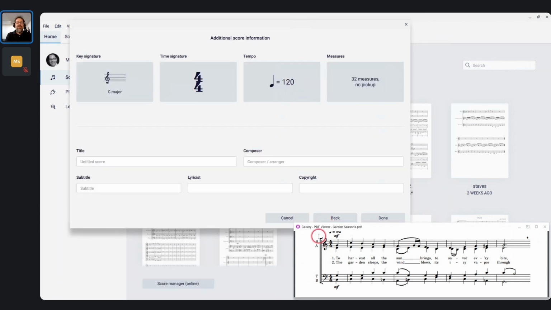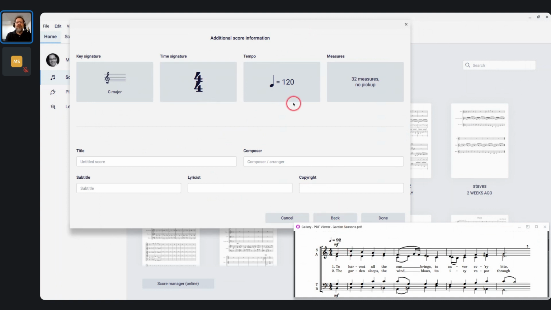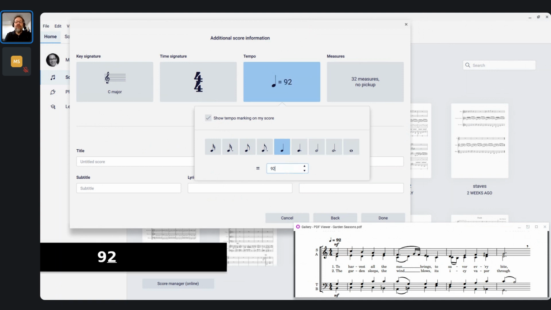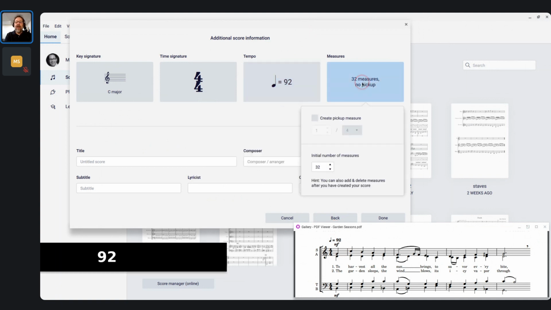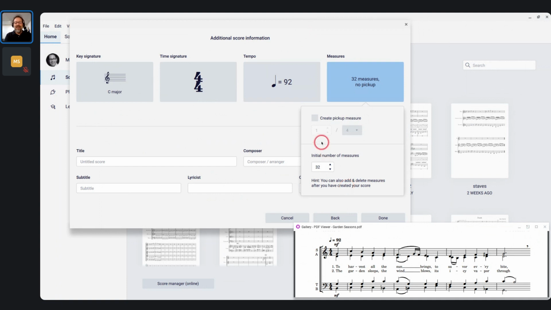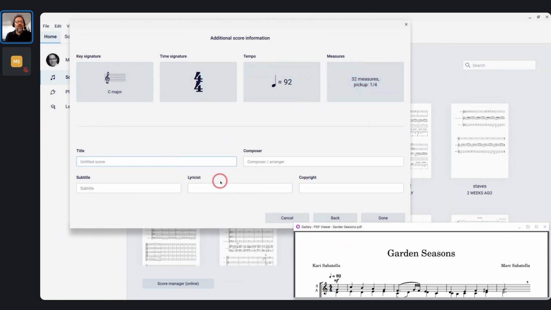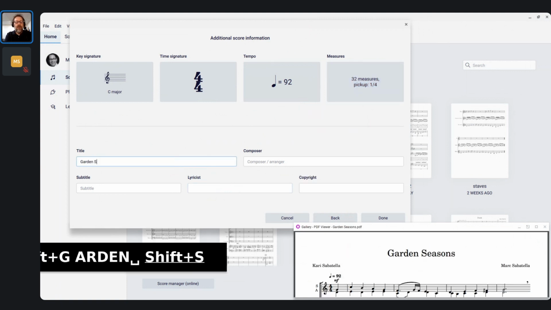The key is C, time signature is 4/4. Tempo, looks like I want 92, so I'll say I want a tempo of 92. And I don't know the length of the piece. I don't like to count measures, so I will add or delete measures as necessary, but I do want to indicate that there is one beat of pickup. So I'll say there's a 1/4 pickup, and then I'll enter the information here: title, Garden Seasons,